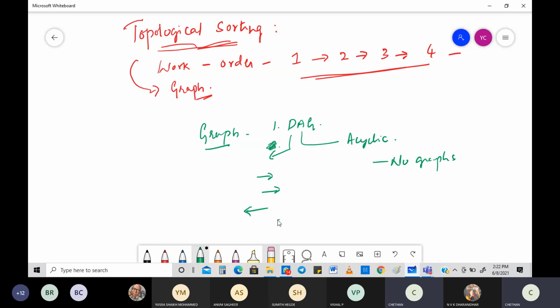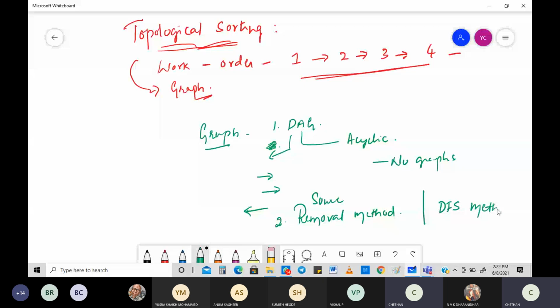The second thing is, what are the methods to figure out this topological sorting? The two methods that we are going to use: the first one is known as source removal method, which you're going to see today. The second one is the DFS, depth first search method.